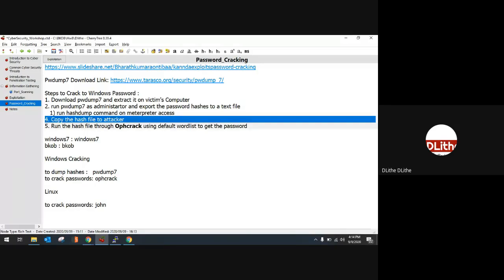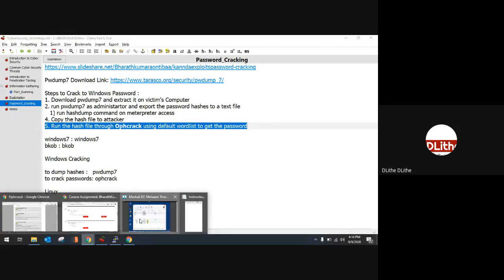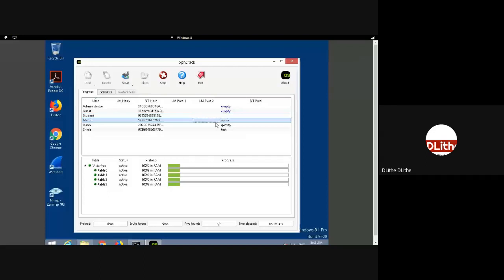Copy the hash to the attacker machine and run the hash through OPH crack. As simple and straightforward as it is. It will automatically crack the remaining passwords, that is Apple and quality as well. Whatever password is cracked, it will automatically populate over here. Now we can easily switch to a particular user or use SSH or any other RDP connection to access the system. Clear?